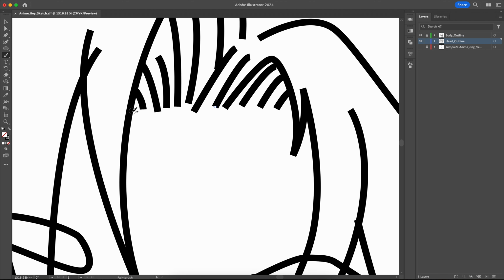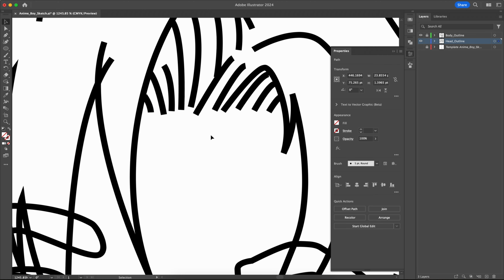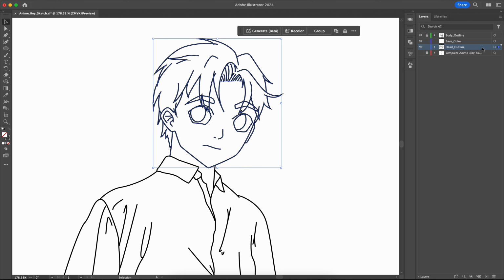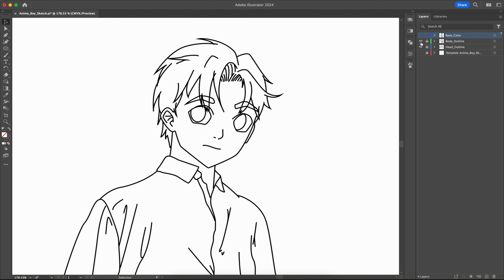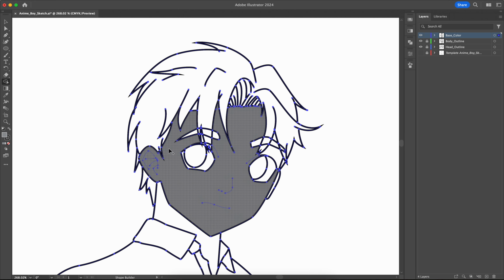To prepare for a base color layer, you need closed shapes. So use a strokeless pen or brush if you don't want to see the lines, but try to close shapes where there will be new colors. Create a new layer and copy your old outlines into this layer. You can do this by clicking the little colored box and holding down Option and dragging it into the new layer. Lock the other layers, select all, and use the Shape Builder tool to create closed shapes that can take